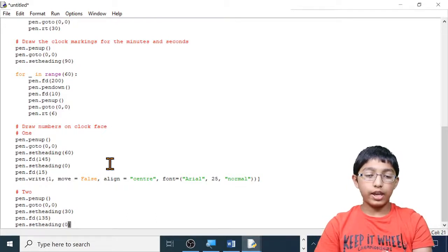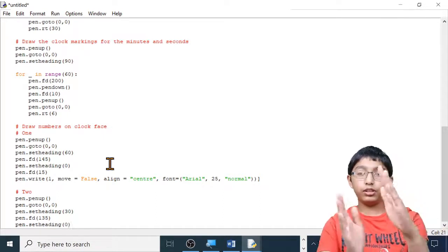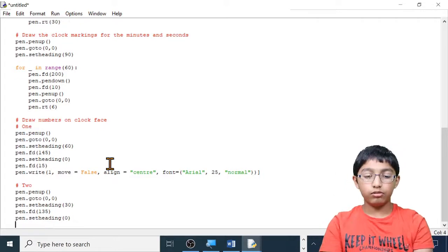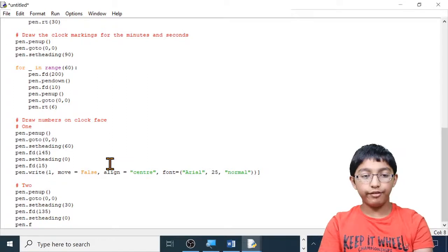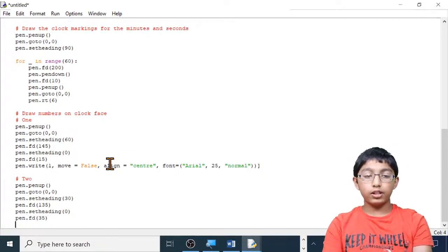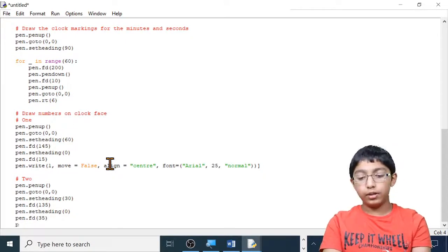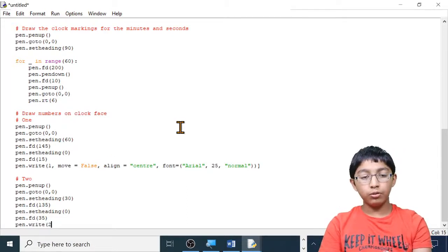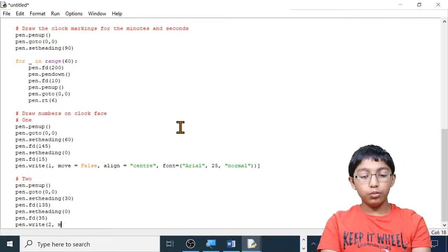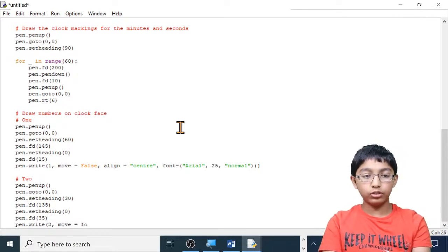I'm adding this set heading 0 in every single number because I want the writing to be horizontal. I don't want it to be rotated. So I want to go forward 35 steps. Pen.fd, open brackets, 35, close brackets, enter. Okay, let's do the write command again. Pen.write, open brackets, 2, comma, space, move equals false,